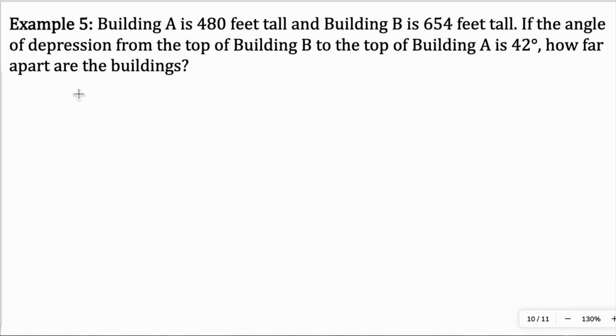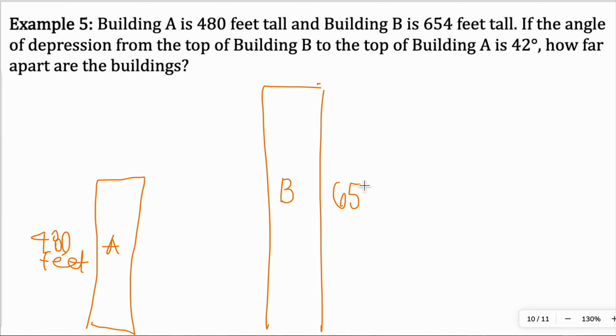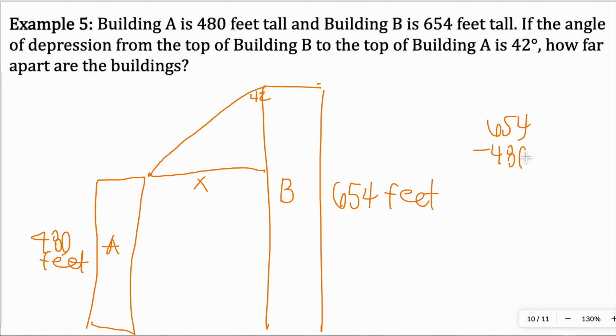All right, and then our last one, building A is 480 feet tall. So A, 480 feet. Building B is 654 feet tall. If the angle of depression from the top of building B to the top of building A is 42, so this little angle right here, how far apart are the buildings? So we need to know this guy. We do need to know what this is, so 654 minus 480 is going to give me